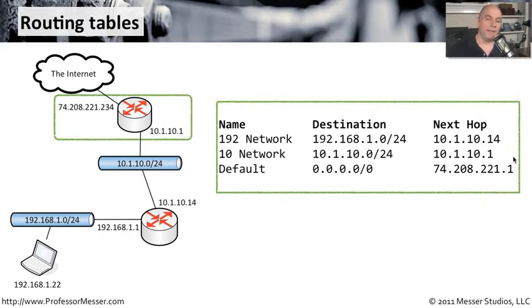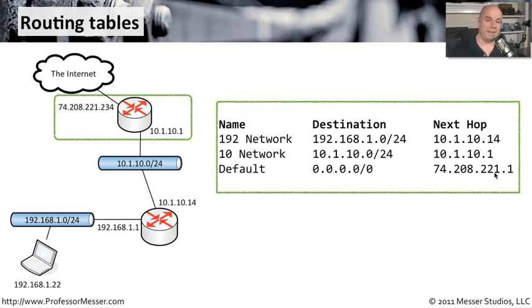And if any traffic needs to go out to the internet, then we need to specify our ISP's router. So we've called our ISP, and our ISP has provided us with the IP address of the router so that our default route to 0.0.0.0/0 is always going to go to our ISP's router that has an IP address of 74.208.221.1. Configuring routing tables in a small network like this is relatively easy, but when you get into a large